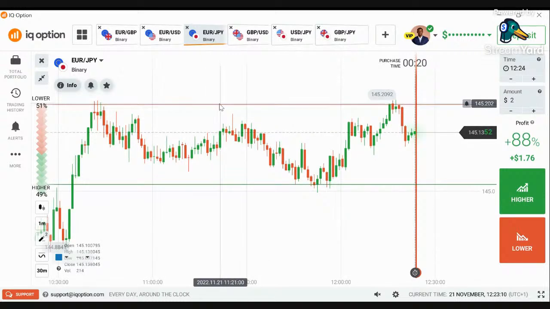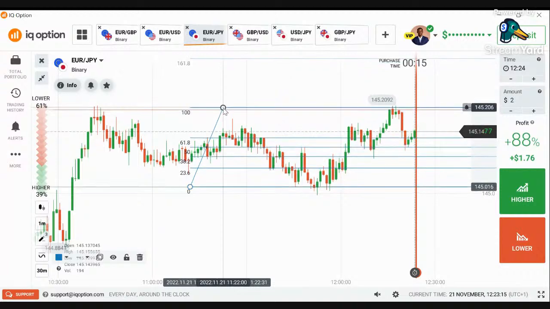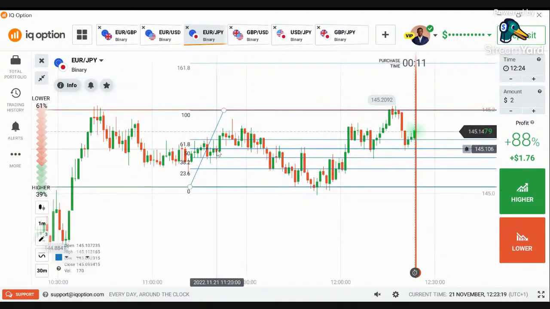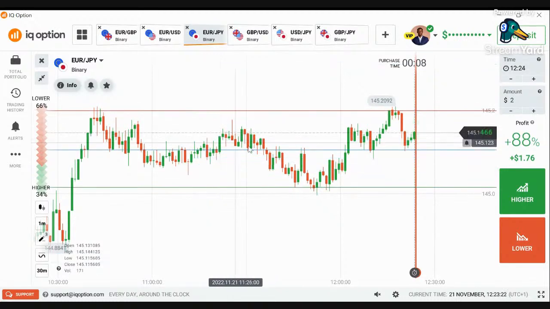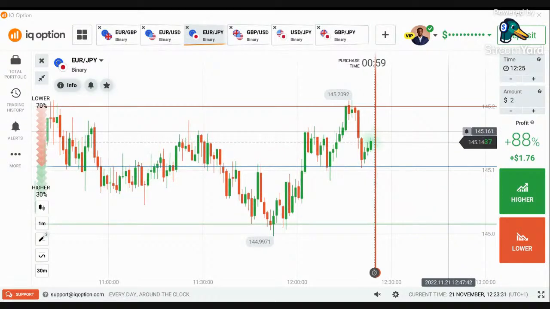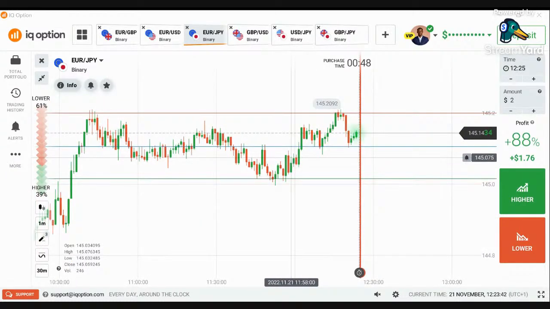When it's around the middle of the range, sometimes you see me draw Fibonacci on my charts. When it's around the middle, I don't take any trade. Now you can see how the market comes to the middle, bounces off, comes to the middle, it's bouncing up. So if it gets here again, I might probably look for a sell signal and I'm going to sell. It's going to come down to the middle or below the middle. That is how you work for a range bound market. What I'm giving you here is very powerful information.